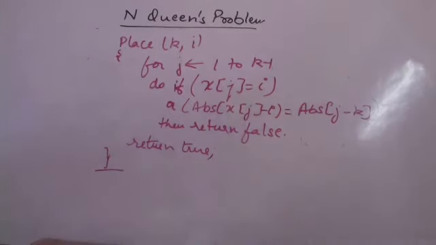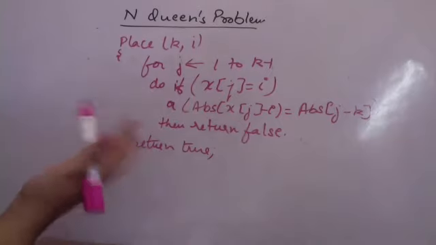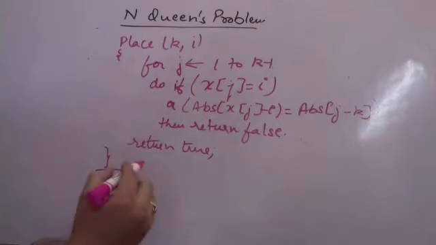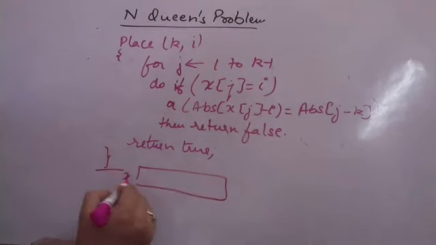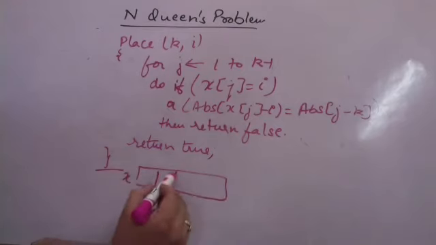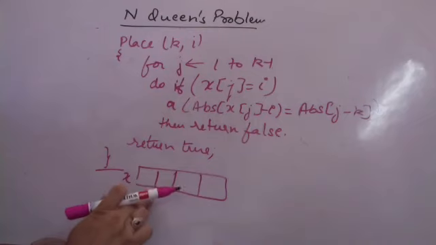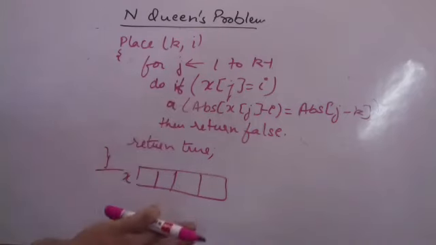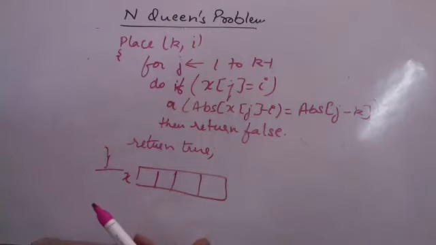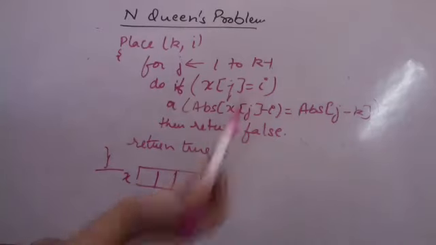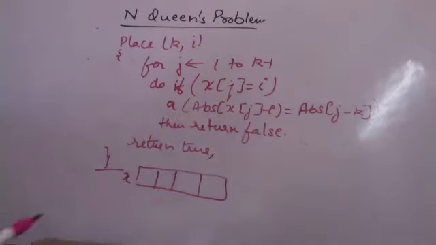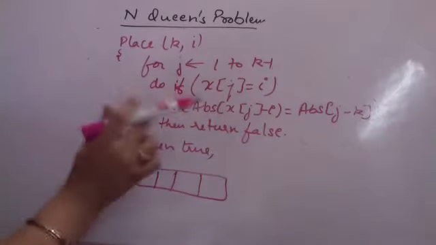Now let us see how it works. X matrix is nothing but it is going to have the solution of what is x of j and x of k. It is nothing but x is the matrix, this matrix, this is I, j, k, whichever possible 4 values are here. So this is all we are trying to find out. So what I am trying to see here is there are two conditions which I am checking. Absolute value difference, and I am checking if x of j is equal to I. In that case I will not be able to place the queen.